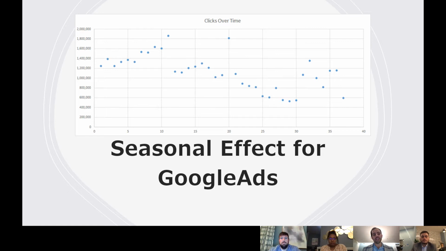On the y-axis here, we have the amount of clicks. Another thing that's important when we're looking at trending in the scatter plot is that it's seasonal, and the season keeps decreasing each time. So that's of concern, right? You're getting fewer and fewer clicks with each year that goes on.